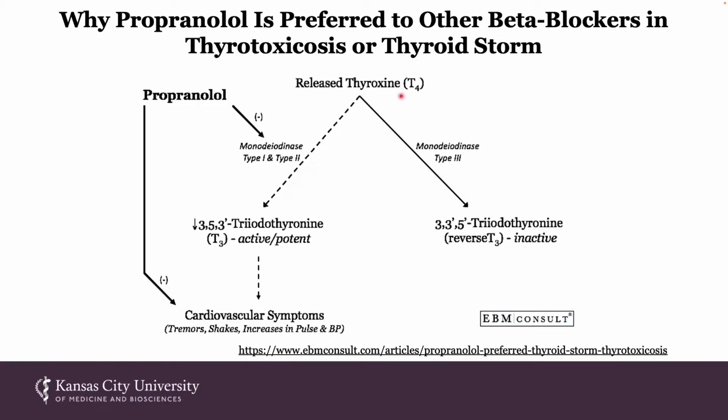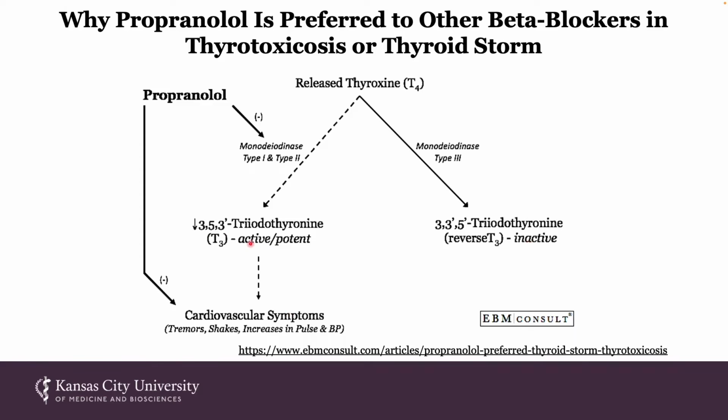Released thyroxine, also known as T4, is converted to the active and potent thyroid hormone T3. That conversion takes place through monodeiodinase enzymes, to include type 1 and type 2. There's also a type 3 monodeiodinase, which converts T4 to reverse T3, which is inactive. Again, T3 is the very active and potent form of thyroid hormone, whereas T4 and reverse T3 are not as